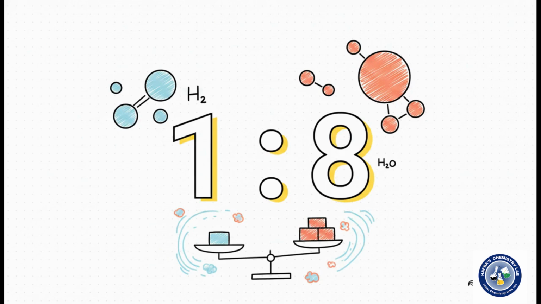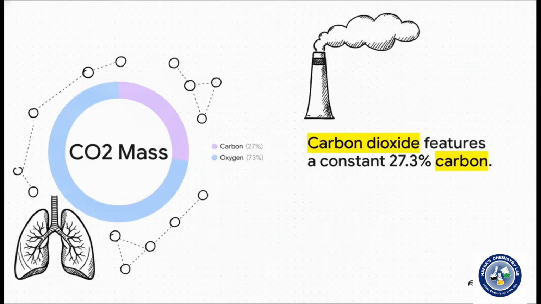And if we do a little math and simplify that 2 to 16 relationship, it means our mass ratio for hydrogen to oxygen in water is a strict, completely unchangeable 1 to 8. That's 1 part hydrogen for every 8 parts oxygen, strictly by mass. You know, carbon dioxide follows that exact same logic. Whether it's being exhaled from your lungs right now or captured straight from a massive industrial chimney, pure CO2 always features 12 grams of carbon combined with 32 grams of oxygen. This creates a perfectly fixed 3 to 8 ratio by mass, which gives us a constant percentage composition of 27.3%